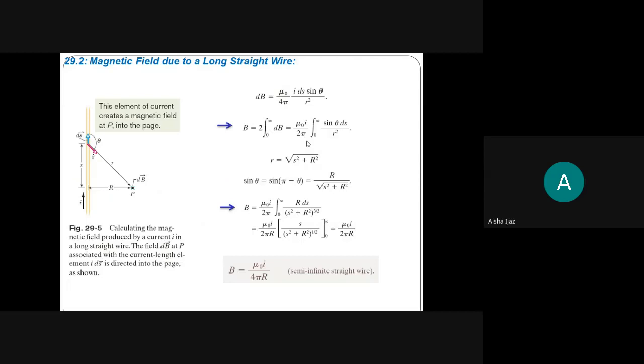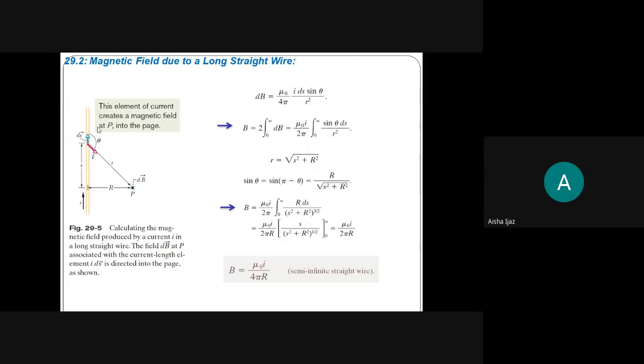But in this current lecture, we are going to derive it from the Biot-Savart law. And you have to remember the result in order to do the questions which are given in the assignment, and also the ones in the examples of this chapter 29. So what is this? This is basically a current carrying wire, an infinite wire pointing from minus infinity to plus infinity, and the current is flowing in the upward direction.